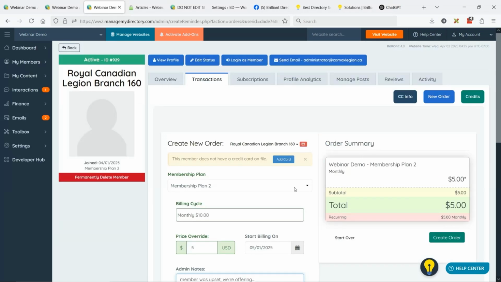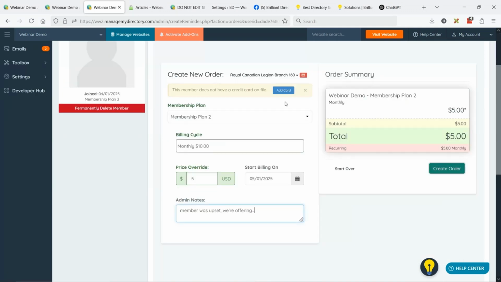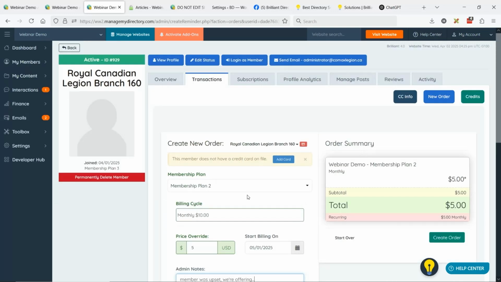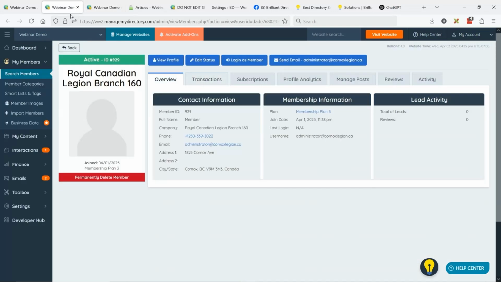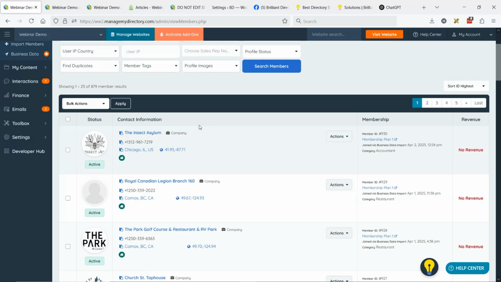We can see this member doesn't have a card on file. We're being prompted to add a card on file, but just to show you that you can then start that subscription for them. And one more thing about this, which is worth noting, also, if you wanted to highlight a